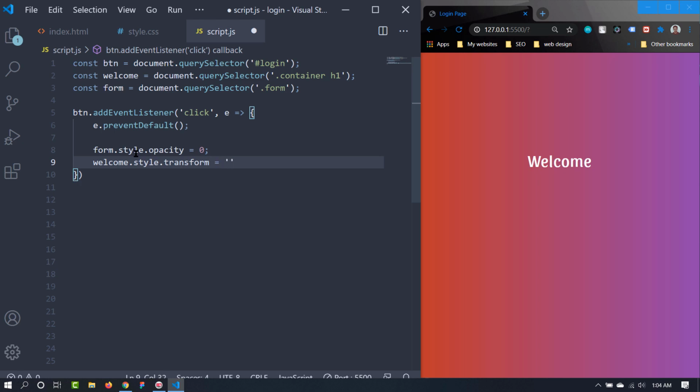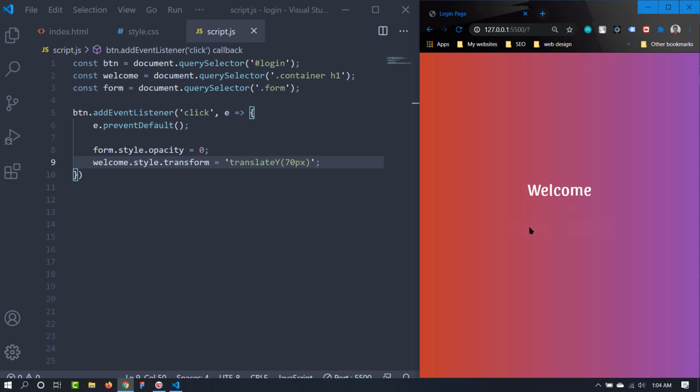Now the value should be translateY. TranslateY is the vertical direction, and we want to push down a little bit, so we need to give it a positive value. Let's try 70 pixels. I think it should work now.